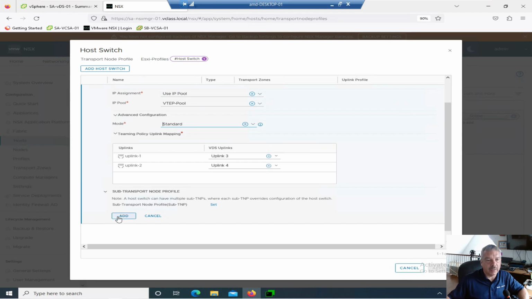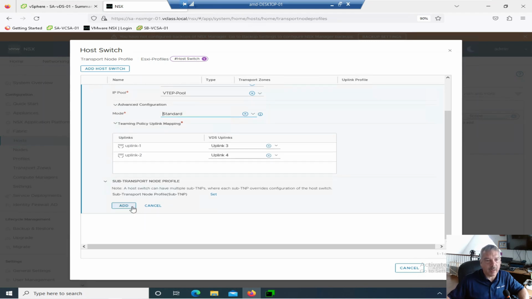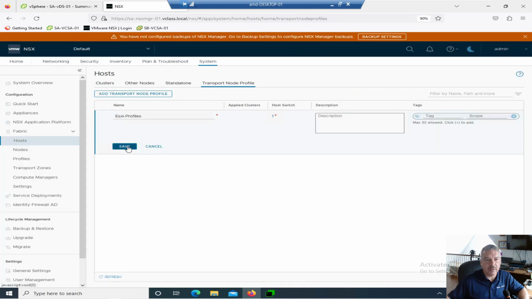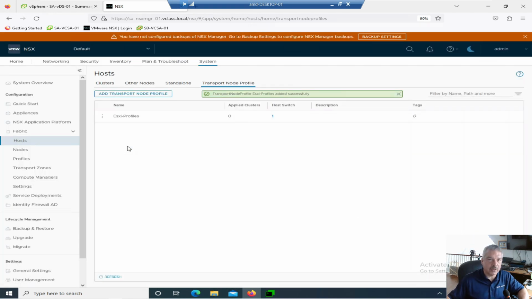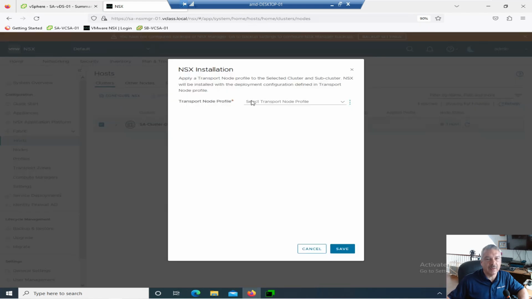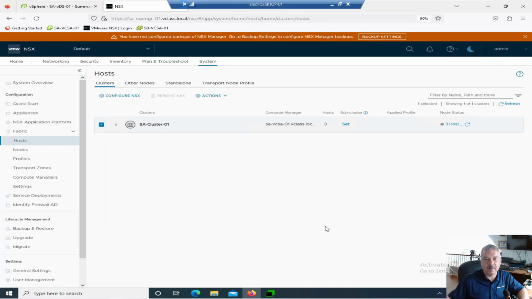Okay, and I'm going to say add and then apply. I'm just creating a profile. That's all I'm doing, and I'm going to save it. I just created my profile. Let's go into my cluster now, and I'm going to say configure NSX. Now I've got my transport node profile, and I'll say save. Okay,